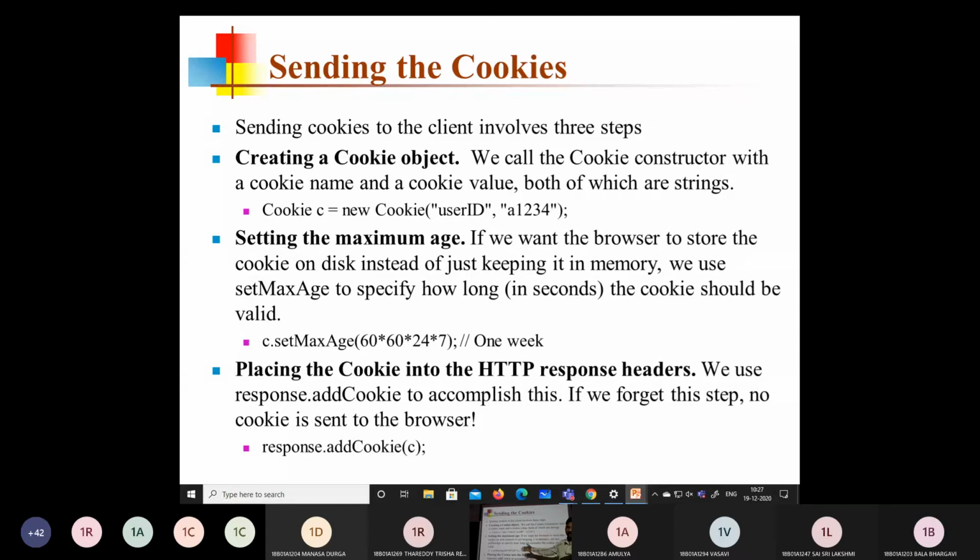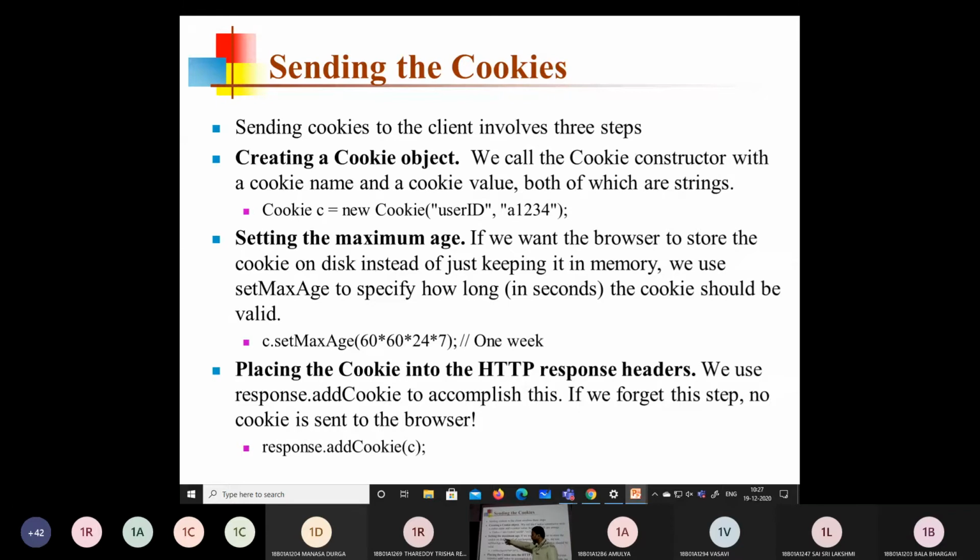See the syntax: Cookie c = new Cookie(name, value), where this is the name of the cookie and this is the actual value. It is name-value pair information. As the first step, we have created the cookie object.